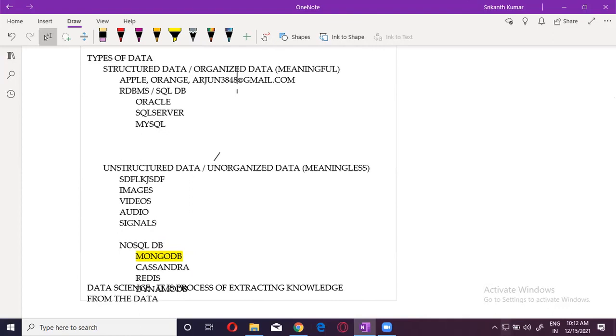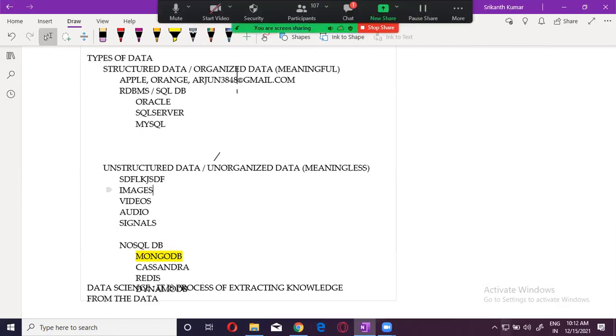Now everyone will have a doubt about how an image can be unstructured. I can see the image, and by looking at it I will recognize a person. No, actually images are stored pixel by pixel. So when you open an image, you need a particular software. If you don't have that software, you will not be able to open it. It is the work of the software to accumulate all the pixels and display the data in the normal way.